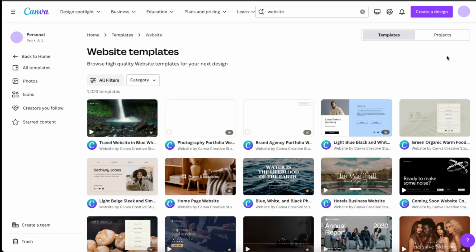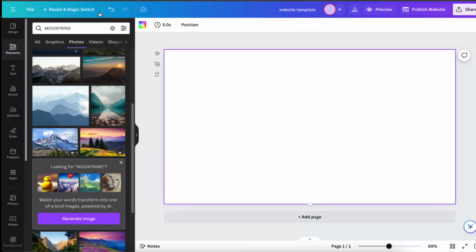Hello everyone, today I'm going to show you how to create website templates to sell, for example, on Etsy or on your website, like a digital product. To do this, you will need to open up a blank website. As you can see, there are only templates, but when you open up a blank one,